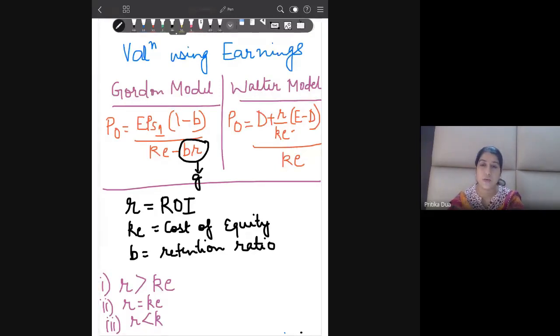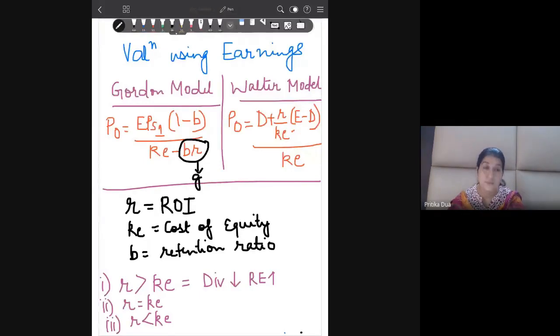That is, the equity shareholders will forego their current dividend in expectation of a higher dividend, higher earning in the future. So for companies which are having a return on investment which is more than the cost of equity, it is best to pay less of dividend and retain more. Okay, RE is retained earnings, and herein you find that the scenario where the dividend payout ratio is 0%, that will give you maximum value of the share.